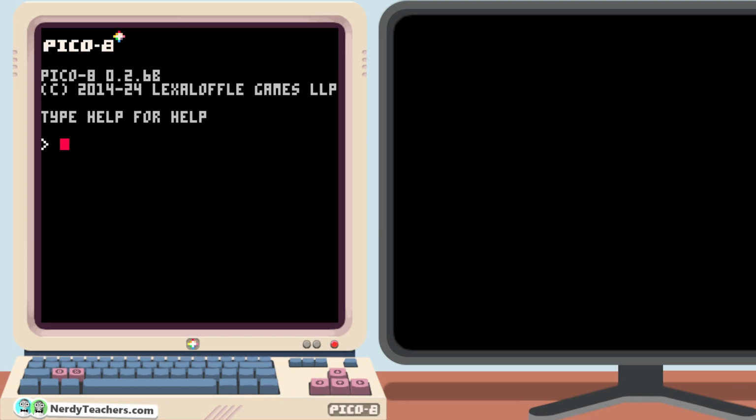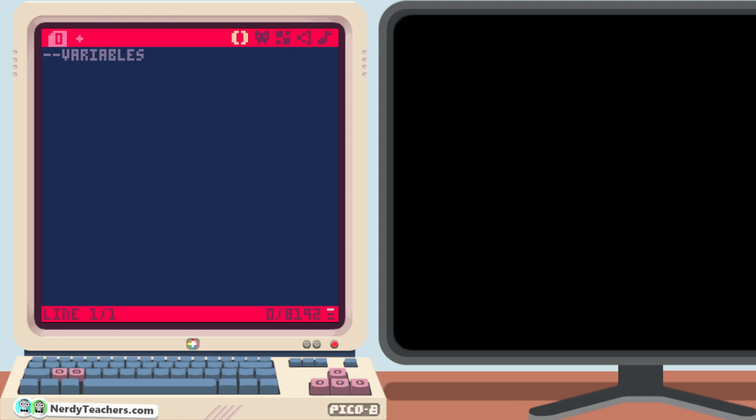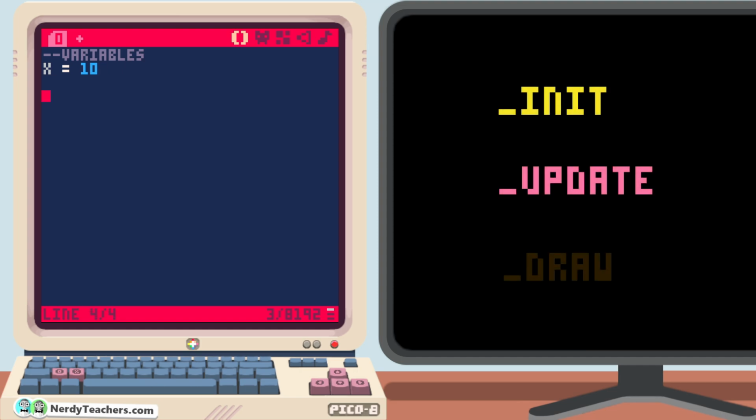Alright, so the first thing we've been doing has been putting variables here, like x equals 10. And now we know that we have three main functions that get automatically run by Pico 8. Let's write them in the order that they run. But you could write these anywhere and in any order, and they will always be run in this order: init,